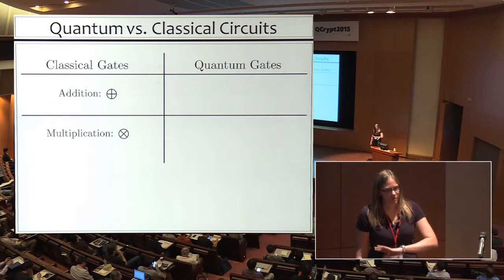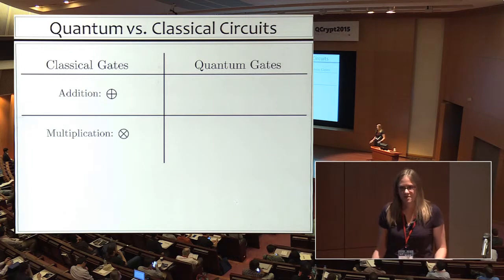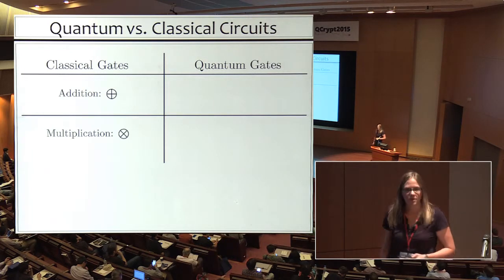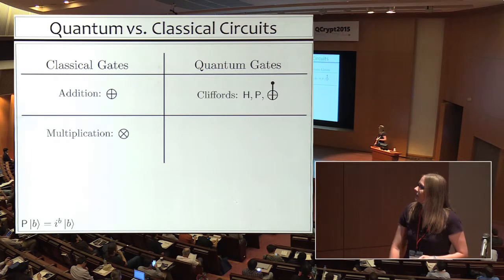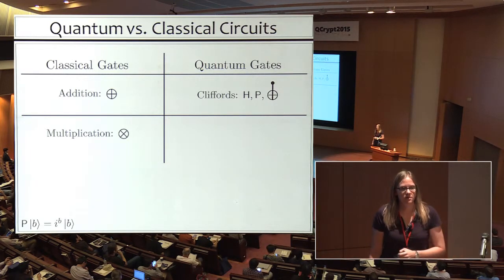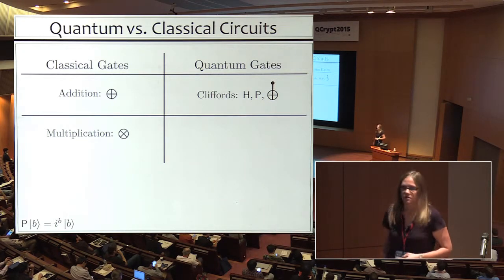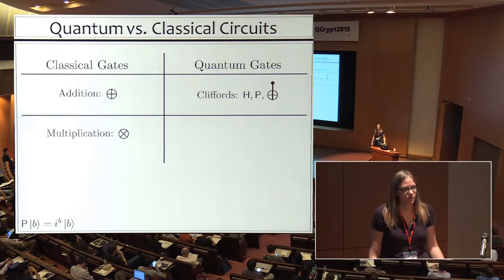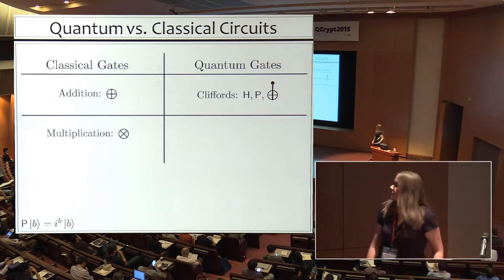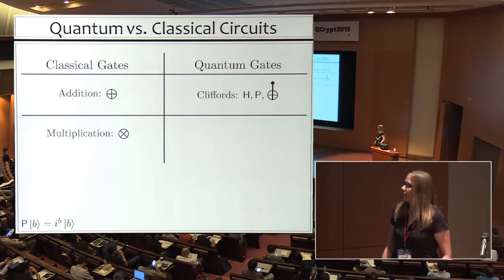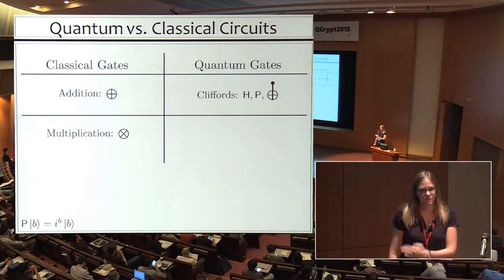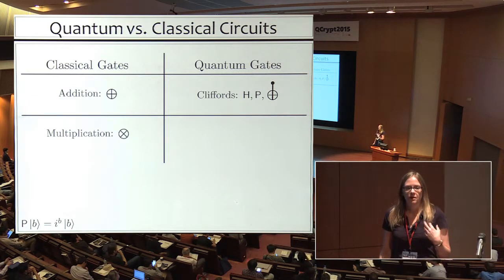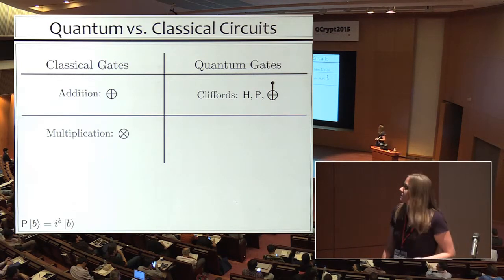So in the quantum case, we of course have a number of possibilities for a universal quantum gate set. So we start with the Clifford generators. That's the Hadamard, phase gate, and a controlled-NOT gate. These generate the Clifford group, which is a special set of quantum circuits, which includes linear circuits, those generated by addition, but it does not include the ability to do multiplication. So Cliffords really, in a number of ways, are analogous to classical circuits that are generated by addition gates.